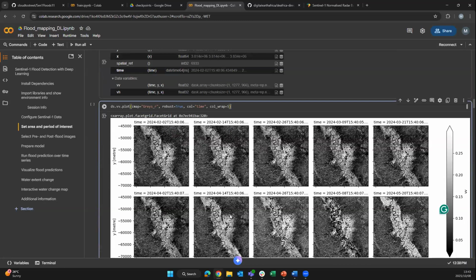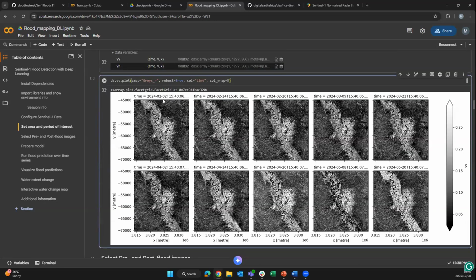So for this particular example, I picked the first image somewhere in the beginning of February. So the 2nd of February is my before image, because I'm sure that by this time, there was no rainfall. And for my after image, I chose the 8th of May. I chose this because I was doing some research and I saw that somewhere around the 29th of April, this area was covered by quite a lot of water, but unfortunately I don't have an image for that day. So I just picked the closest one after that specific date,